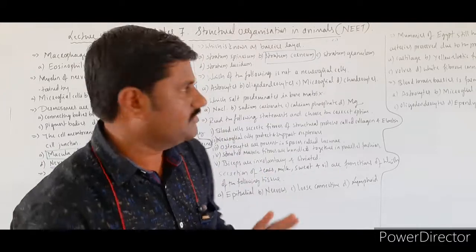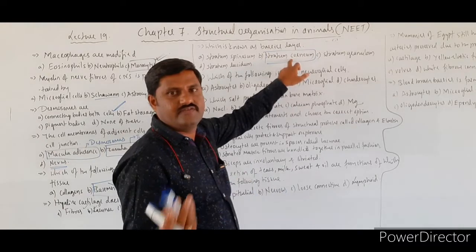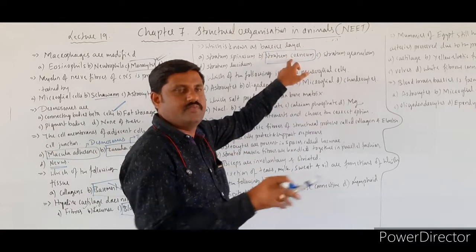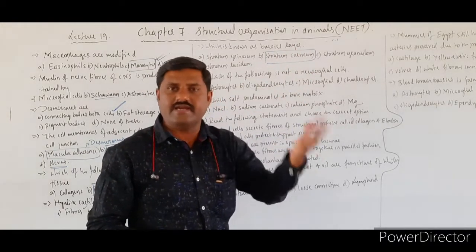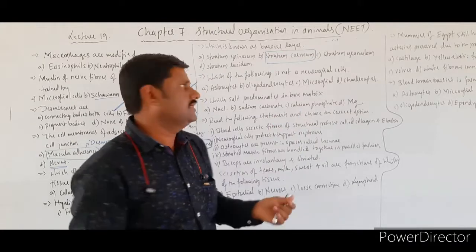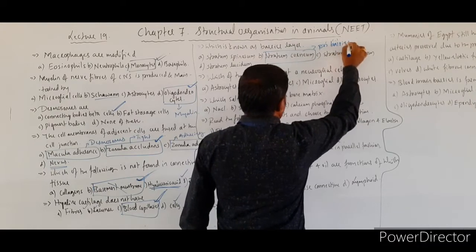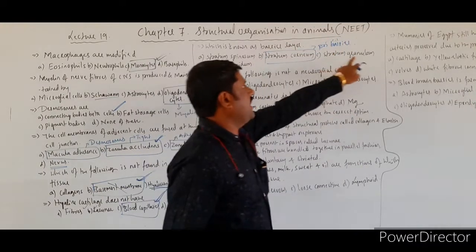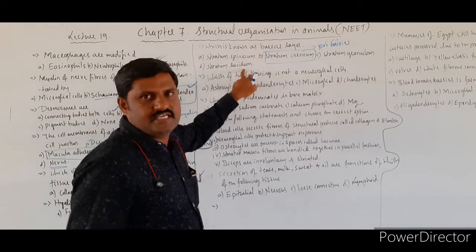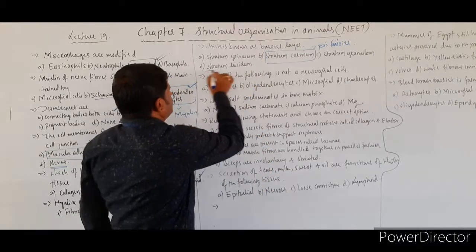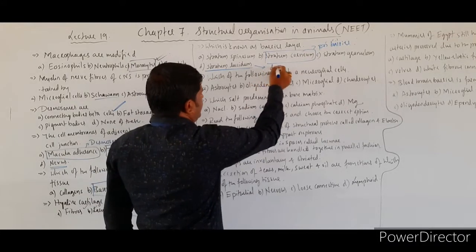So these are the cells that act as the barrier between the outer environment as well as the body, right? So the stratum corneum, present inside the skin, acts as the primary barrier. Then stratum granulosum, stratum spinosum, stratum lucidum. Especially we can explain stratum lucidum also. This is also present in the dead layer